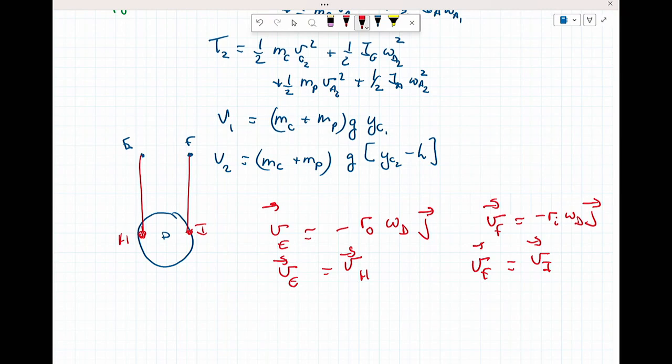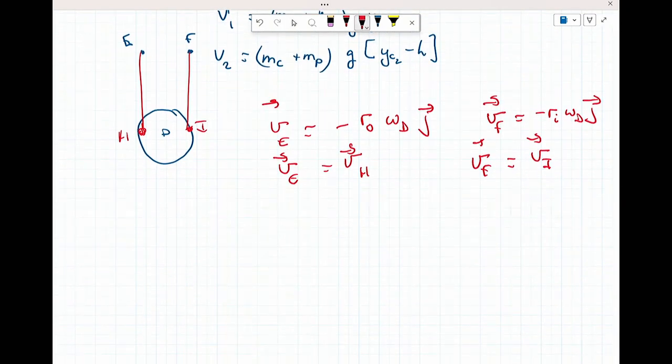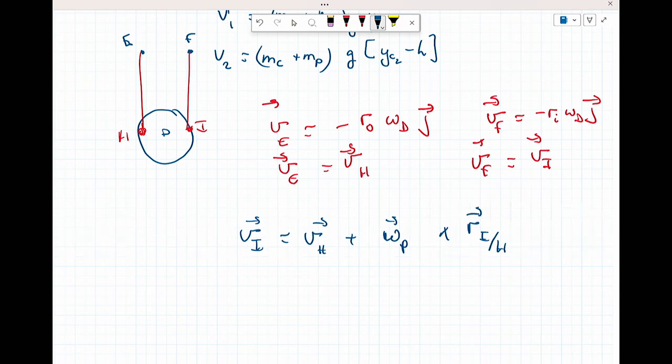At this point, again, this is something I think is useful if you don't want to calculate vector products in the course. Just put what the result looks like, A, B, C, and D, and you'll be fine. So you can say velocity of I equals velocity of H plus omega p cross r I relative to H. From that, you can find out what the angular velocity of the pulley is, because it's going to be twisted. One will be going faster than the other. And so, putting in all the terms that you have,